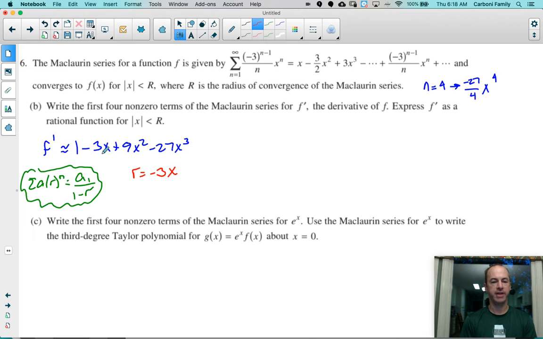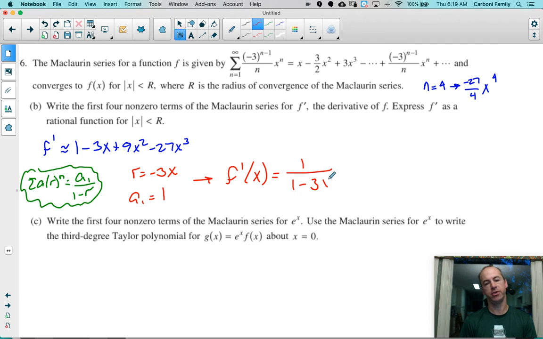So 1 times negative 3x is negative 3x, times another negative 3x is positive 9x squared. And so my ratio is negative 3x. My first term is 1. And that means that my function, or my rational expression for f prime, would be my first term over 1